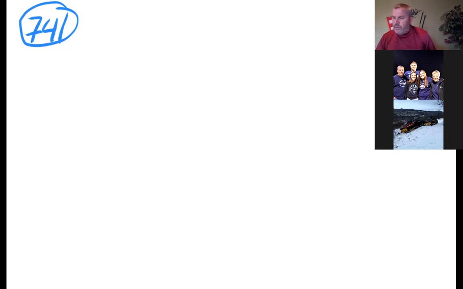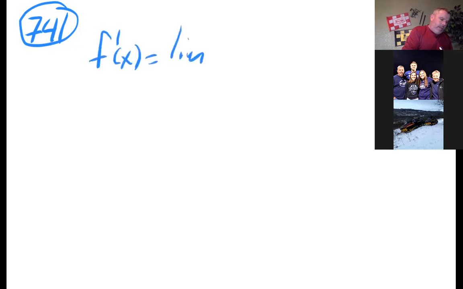So I'm going to jump to another question here. I'm looking at the ones you guys were assigned because I want to do those. Let's look at number 30. It says to find the derivative if it exists. Now I'm going to show you why this is more user friendly, because it's maybe not, but it will be down the road. It says f prime of x is the limit as h approaches 0 of f of